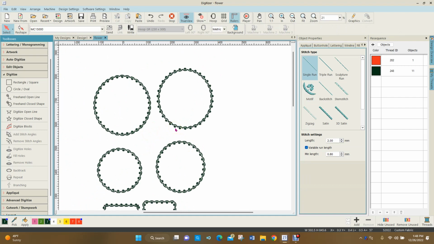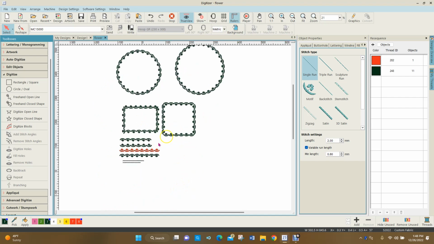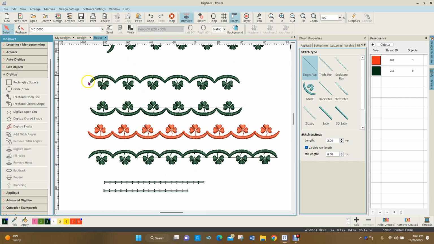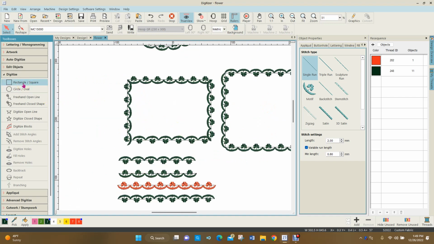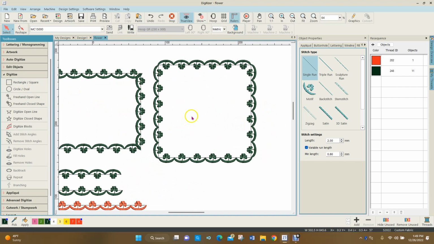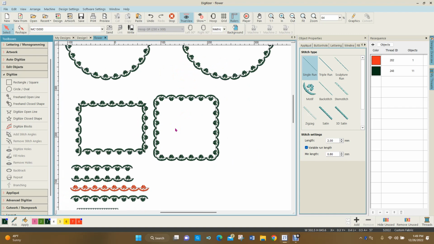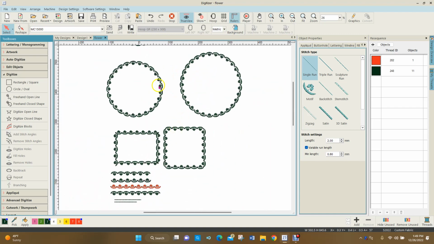In the case of a straight line, if we draw from left to right, we're going to get it in a certain orientation. If we draw our straight line or any other open line from right to left, it's going to flip in the opposite direction. When we're using that rectangle square shape tool, the same sort of principle applies. If we drag out toward the right, we're going to get this configuration. If we drag toward the left as we're creating that square or rectangle, we're going to get a mirror image of it. To duplicate that in the circle, because the circle wasn't allowing us to do that very same thing,